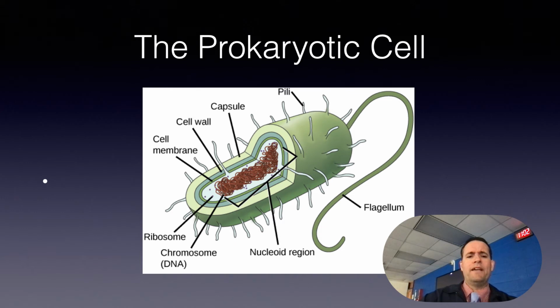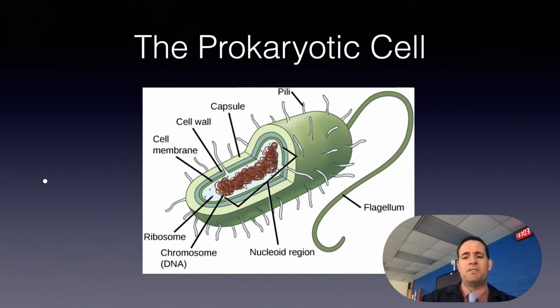Now, recall that prokaryotes are unicellular organisms that lack membrane-bound organelles or other internal membrane-bound structures. You can see that in this figure here. Their chromosome, usually single, consists of a piece of circular double-stranded DNA located in an area of the cell called the nucleoid. Most prokaryotes have a cell wall outside the plasma membrane. The cell wall functions as a protective layer. It's in light green there, and it's responsible for the organism's shape.